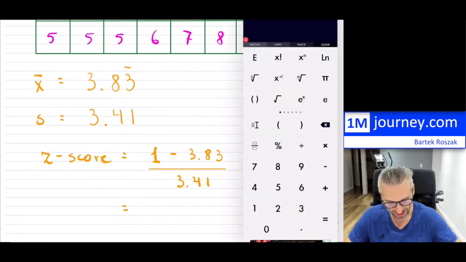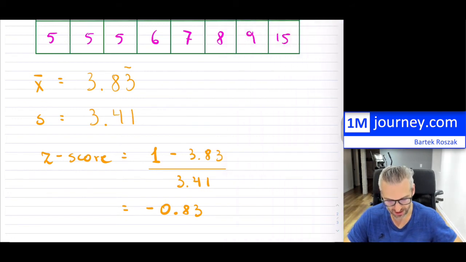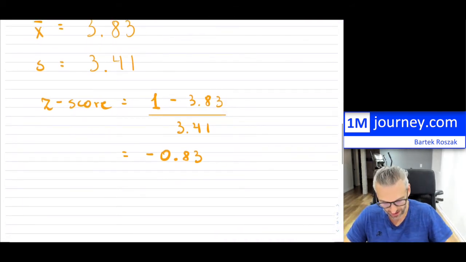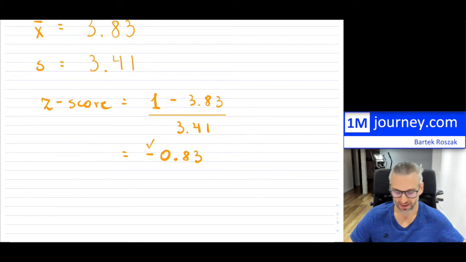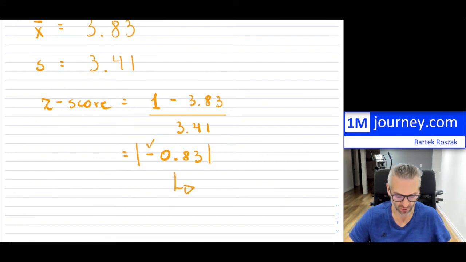So it's not very difficult to do. So 3.83, and then divided by 3.41, equals minus 0.8. Again, I'm going to round this to 3 decimals. Now, what does this mean? Well, the negative just simply means that you're on the left of the mean. And if you take the magnitude of this, it means you are about